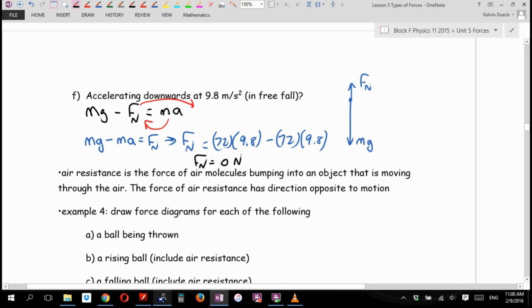Now, you can file that in your brain, and I won't make you prove that again if I ask you on a test, if you're in free fall, what does a scale read? But for what it's worth, hopefully I've convinced you. Okay? We are going to